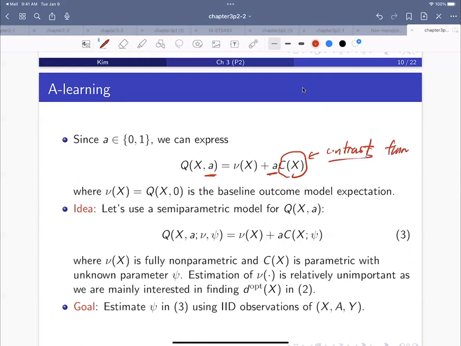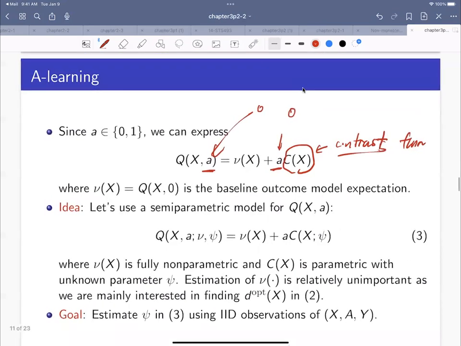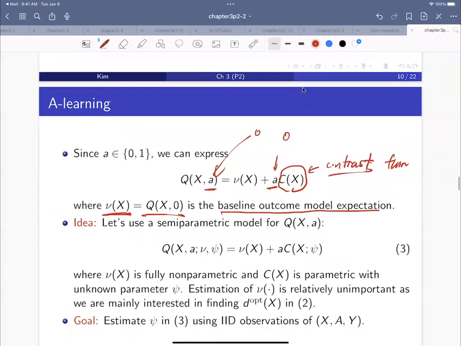If A is 0, then the second term is 0, which means it is Q0 of X. That is the baseline outcome model expectation. And if A equals 1, then